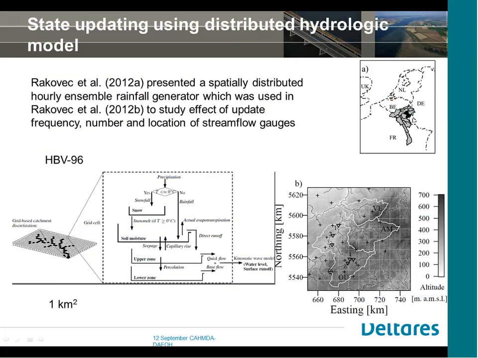This is the Ourthe catchment. It's in Belgium. There are multiple gauges. The triangles are the observation points. 1 is the outlet. 3 is somewhere in the middle. 5 is somewhere here, and 6 is somewhere there. So these are tributaries that come together here and then flow out of the Ourthe catchment at Tabreux. We use a 1 kilometer square grid, and as I said, the calibration is basically taken from the operational model.